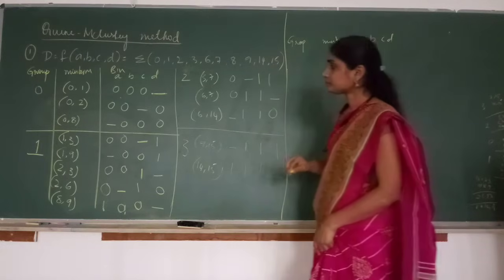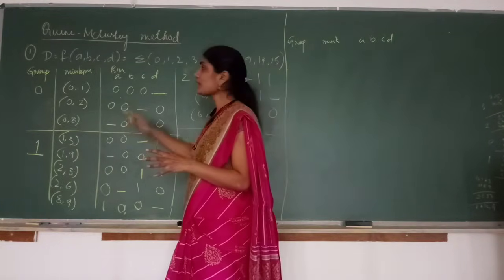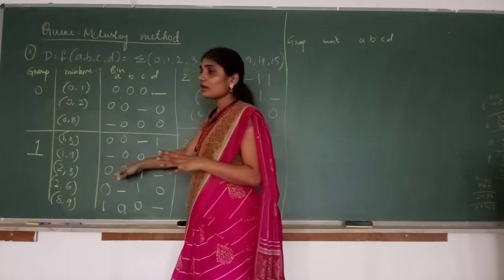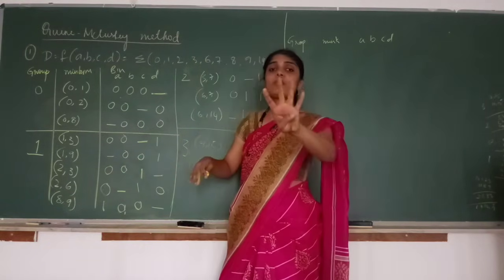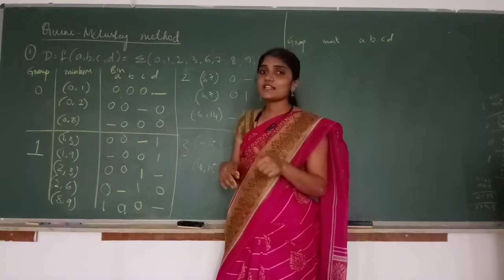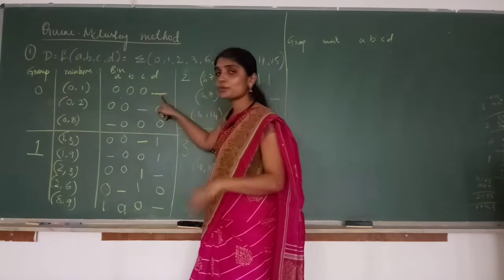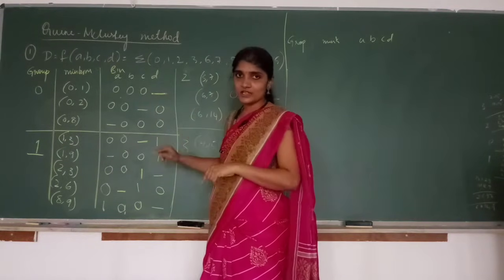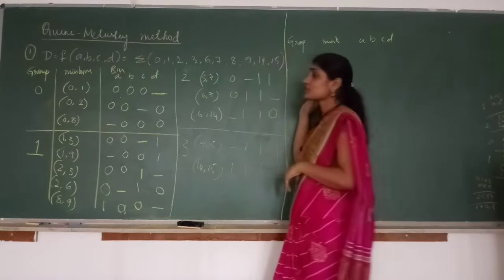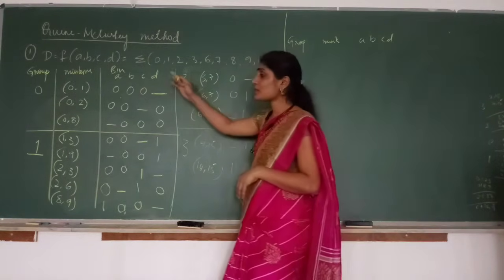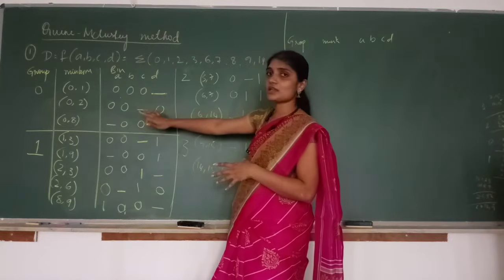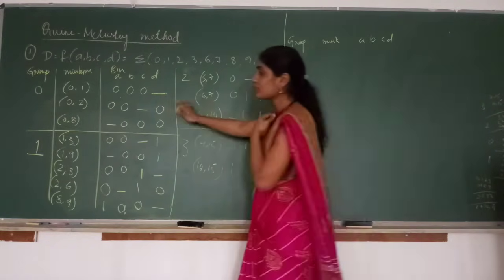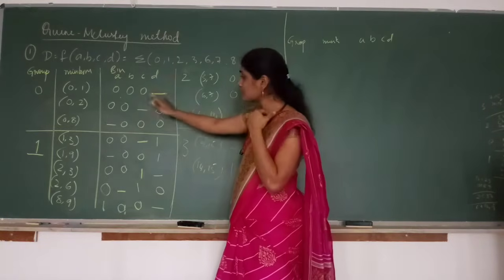So now, again, compare the mean terms that are present in group N with group N plus 1 such that group 4 can be made or not. What is the condition? Dash should be in the same position plus there should be only one variable difference. That means the next table we are constructing by comparing the mean terms that are present in the previous table. This is our third table. The fourth table is constructed by grouping the mean terms that are present in the third table.